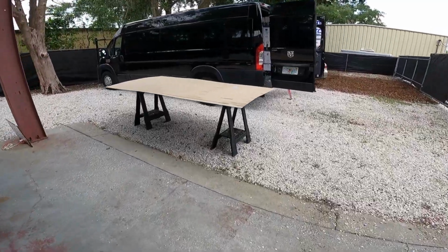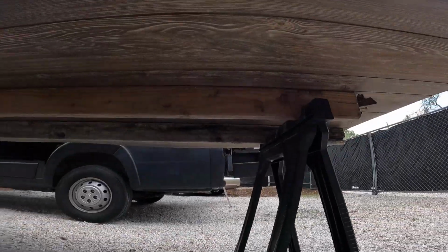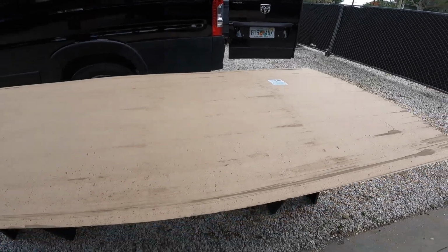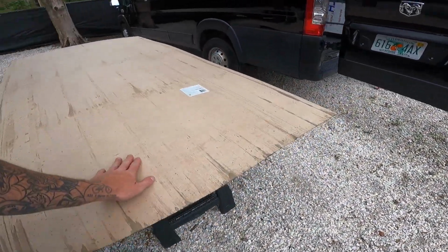All right, so we just went and grabbed some 2x4s, put across the sawhorses, so now we'll be able to do this a lot better. This stuff's pretty sick, man. I don't know exactly what it's called for anybody who might want to do it. Murphy something. I was gonna get some pressure treated fence paneling, but then I decided that I really don't want